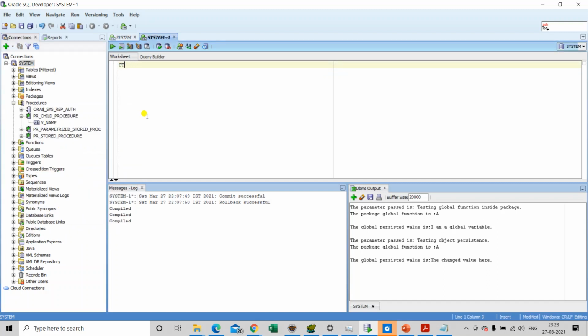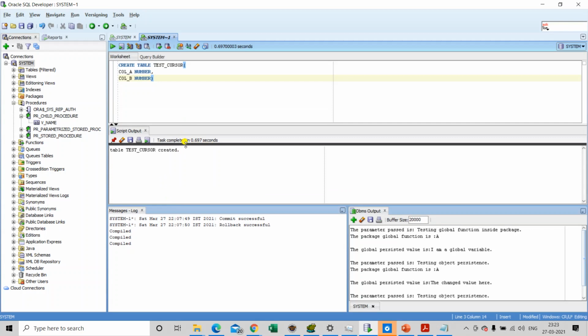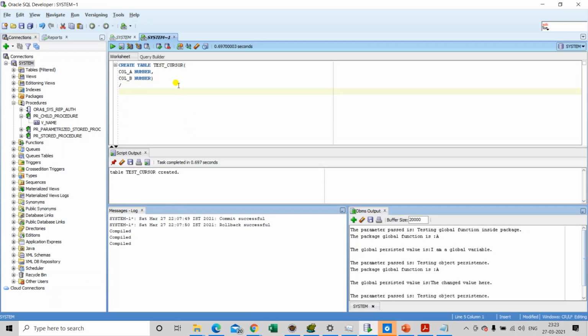So let's create a table. Now we have created our table. Let's put some records into this table so that we can retrieve them.